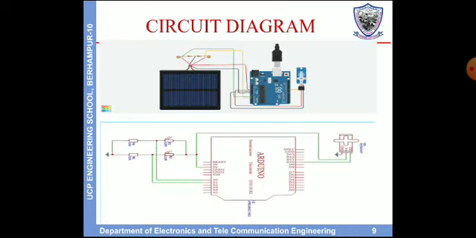Now we come to the circuit diagram, block diagram. Here are the circuit diagram and the simulation diagram. So here is my Arduino. From the Arduino we are taking the 5 volt power supply, which is given to the servo motor VCC, and the ground pin is connected to ground. And that 5 volt power supply from the Arduino we also provide to the 2 LDRs.